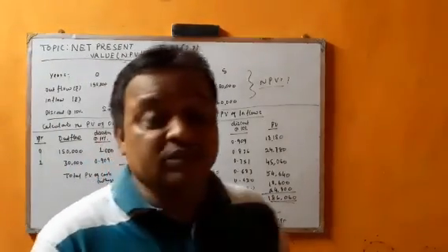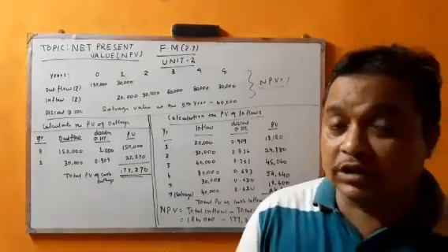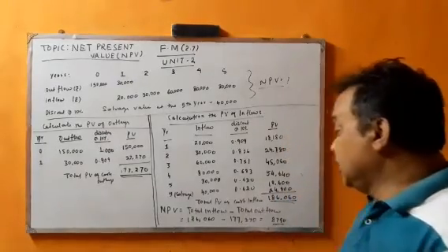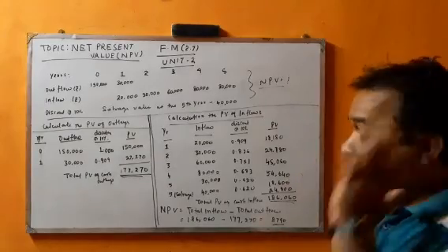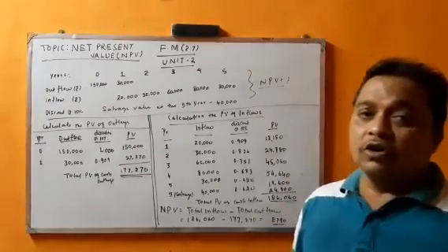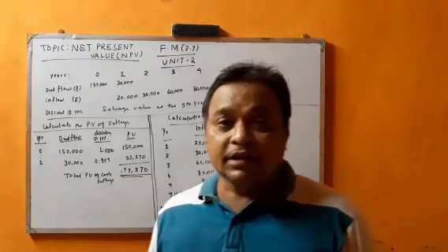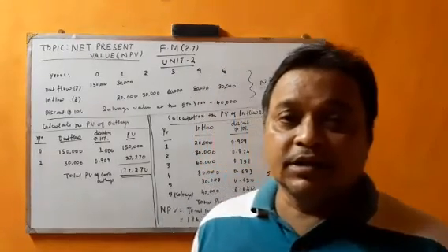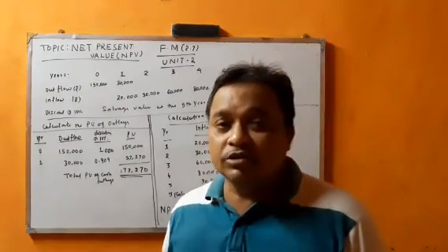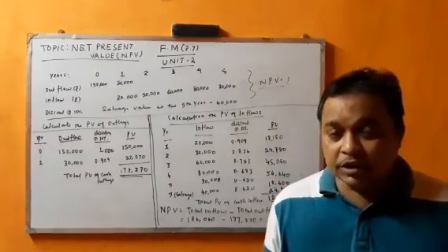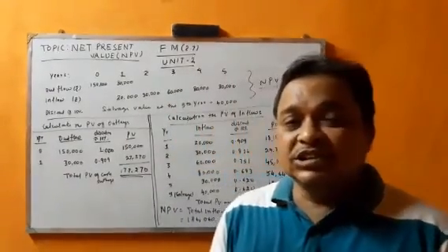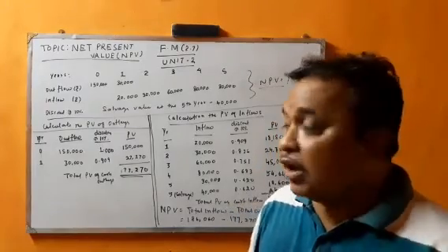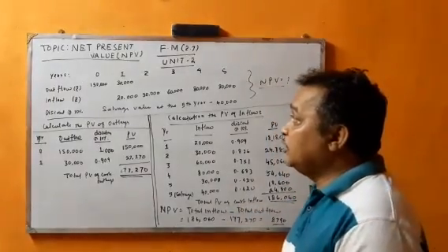There is total outflow and total inflow, and the difference is what tells us. That is 8790. Now you can determine this: it is greater than zero, and greater than zero means definitely this project can be accepted. So you have to take the decision. This is the simple problem, showing how we have to calculate the net present value method.